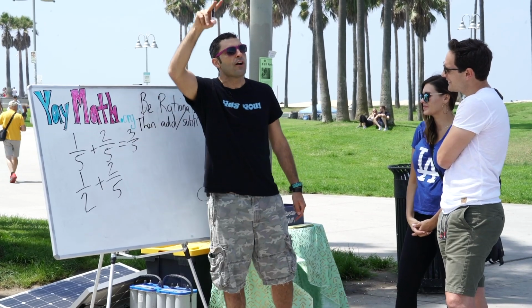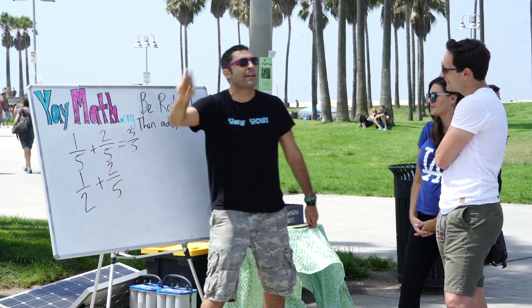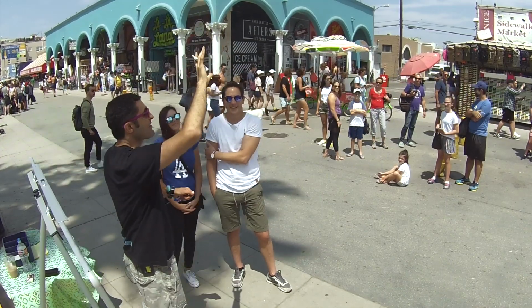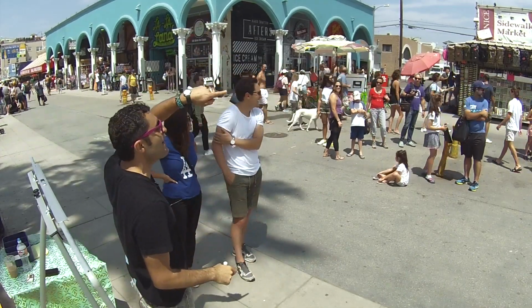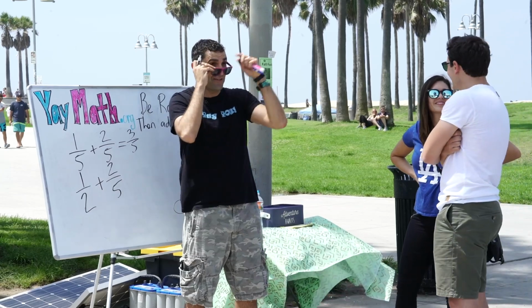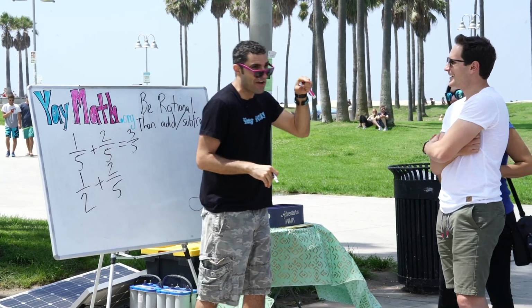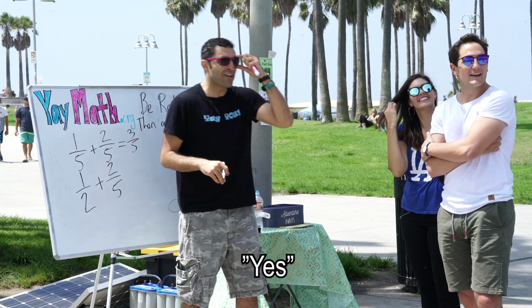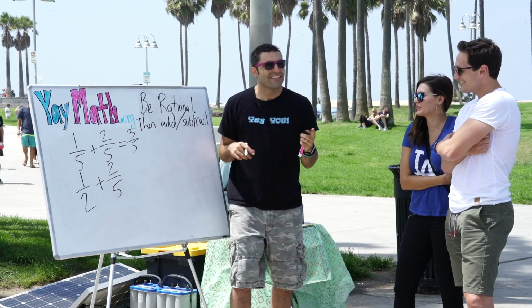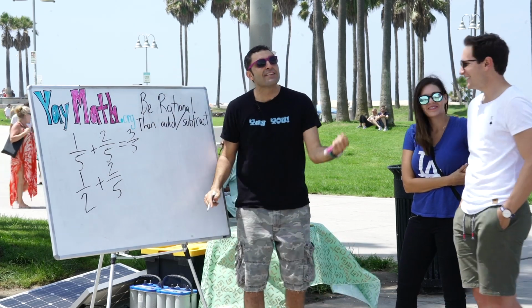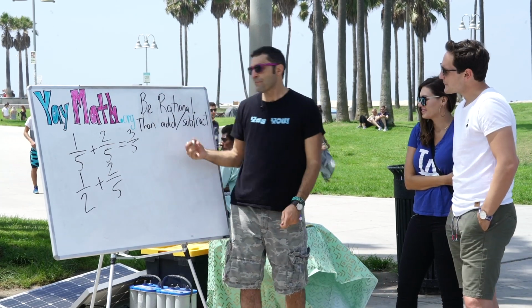Just say yo or hi if you think you already know what the denominator is. You don't need to give it away. Just put it up and say, hey. Okay, so you're still thinking? I see you thinking, young man. Do you know what the denominator is? You could say yes or no. Yes. Okay, cool, rock and roll. Ladies, young ladies, do we know what the denominator is? Nice, they know. Okay, so I'm gonna show why we get that number, okay?